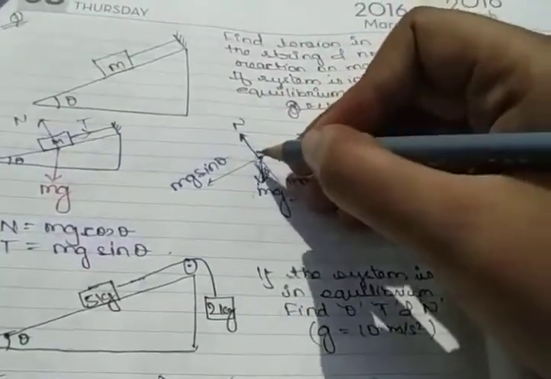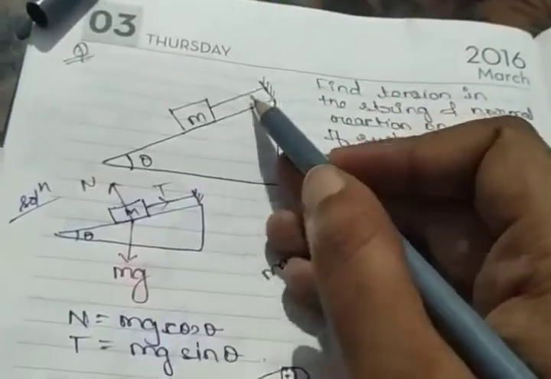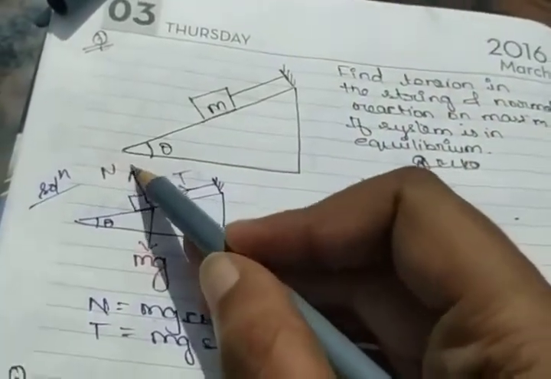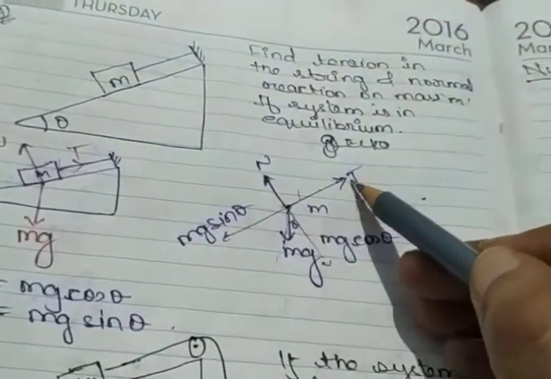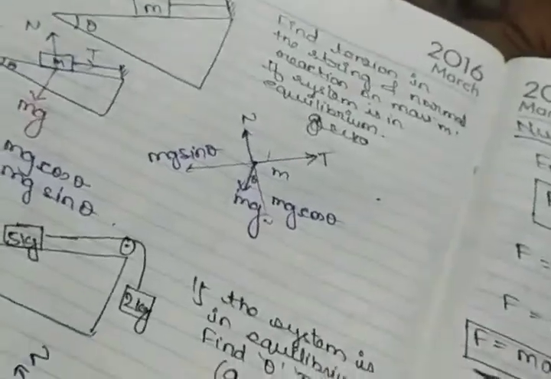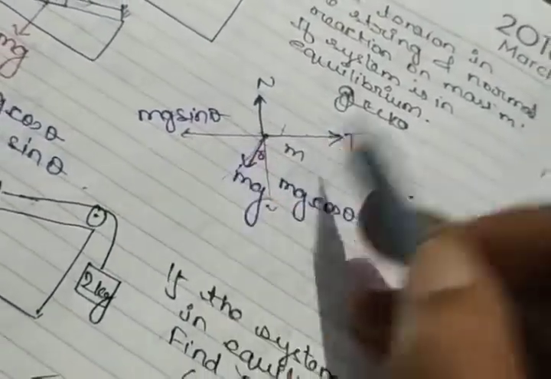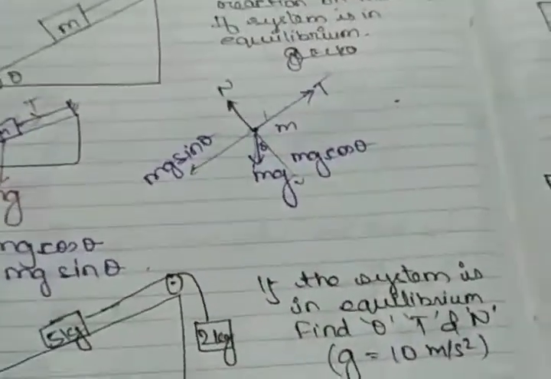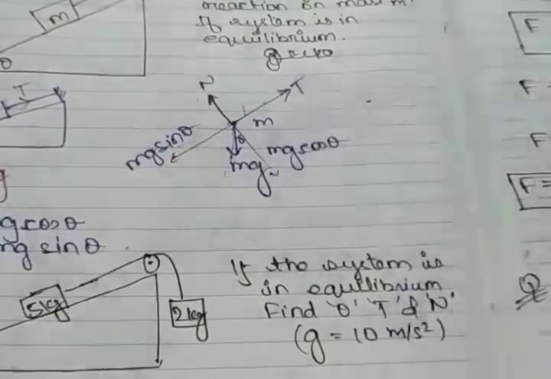Since these two are perpendicular to each other, yes or no? This is the tension's direction, and the normal reaction is perpendicular to it, so this is 90 degrees. If I take this as x and this as y, there is no problem. It is just like I rotate my mobile like this. Now this becomes x and this becomes y. So what we have done is taken this as y and this as x.